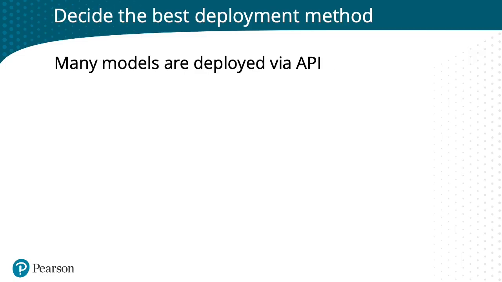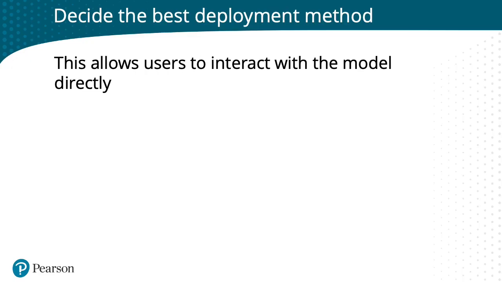And again, coming back to the main way that you'll see a lot of models being deployed to production, it's gonna be through an API. And this usually is because the project will be focused on something customer related and they want the users to be able to interact with that model directly.